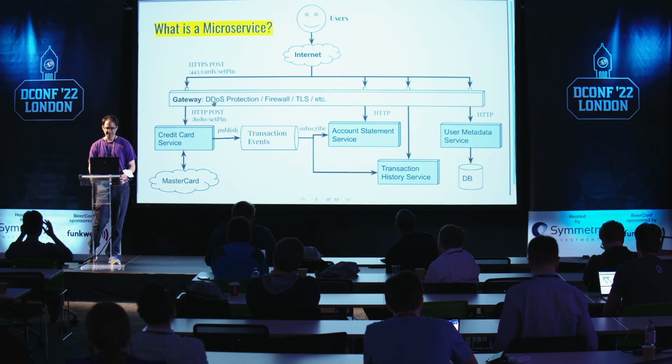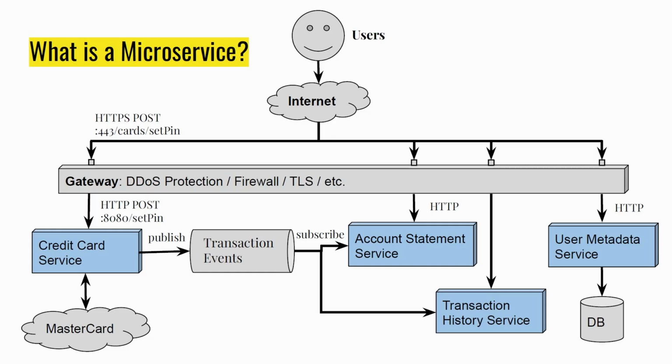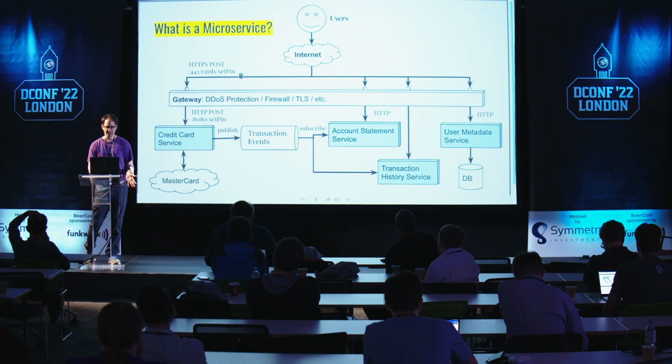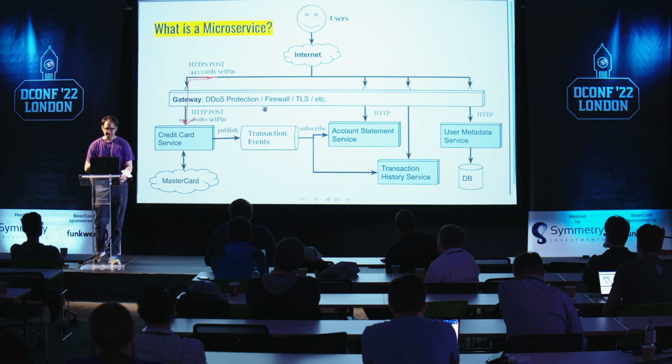And then once you have these APIs, different URLs will map to different services. So in this case, someone is going to cards and setting the PIN number for a card. Well, your gateway system may recognize that prefix of the URL, cards, right here, and it may route that traffic and say, aha, this goes to my credit card service, and send it down that way. And this service, of course, may do something different.